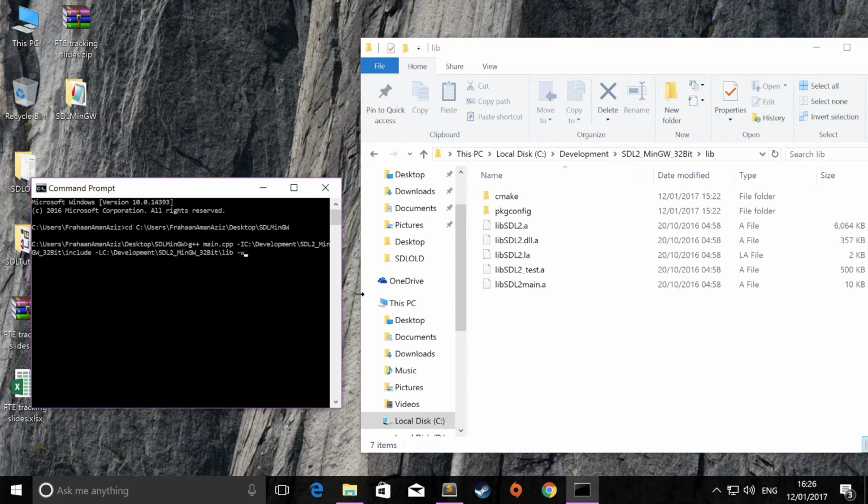Now we need to just do -Wl, and now we just need to start, we're actually specifying the libraries that we're using. So this is -subsystem, comma windows -lmingw32 -lSDL2main -lSDL2 -o, and this is just the output file, and I'm going to call it